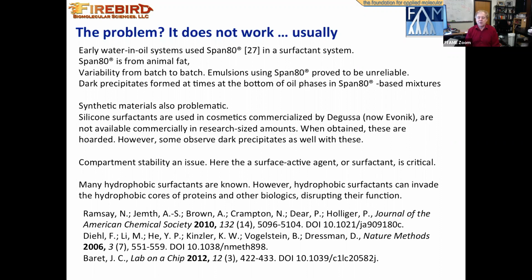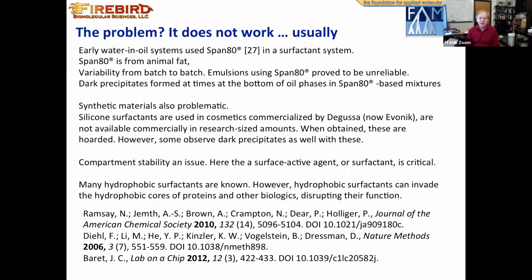So you'll discover that around the world, people hoard this material. And so we do as well. I even have some in my freezer here in case there's a fire in the laboratory, so we don't lose the seed to the fire department. But even so, compartmental stability is a problem, and you start seeing oxidation, and everybody reports cloudiness and dark precipitates